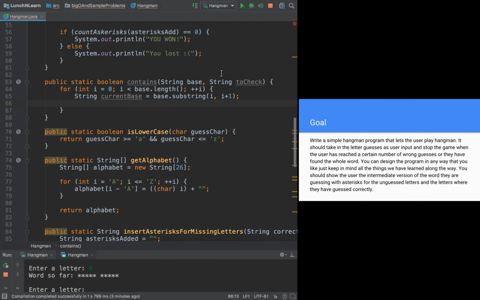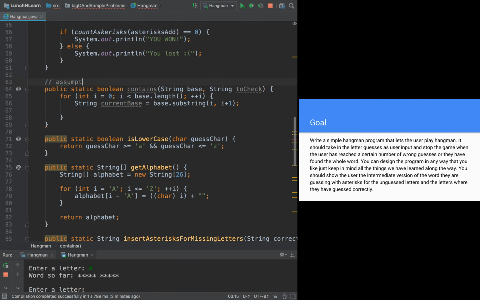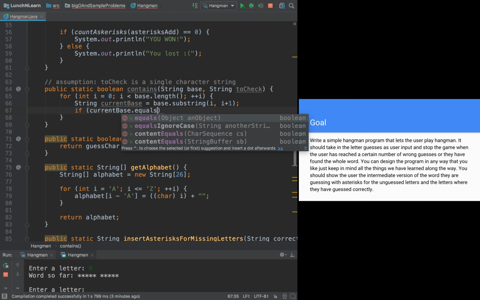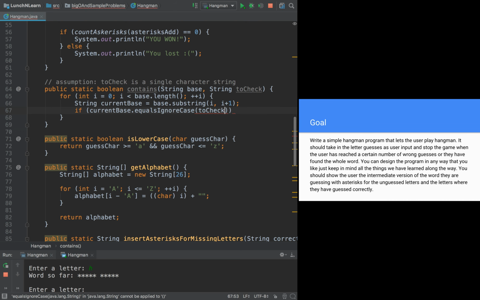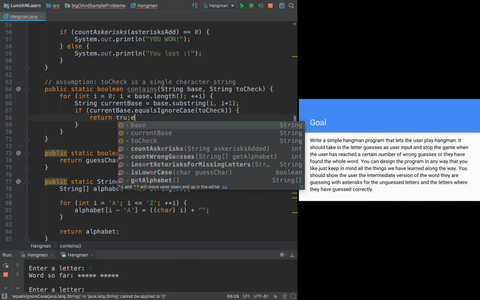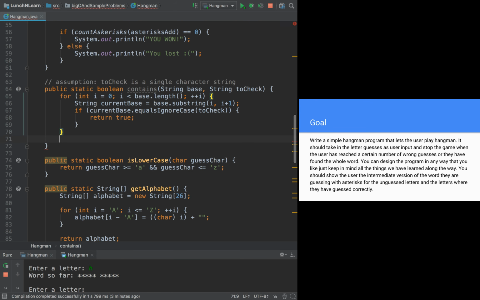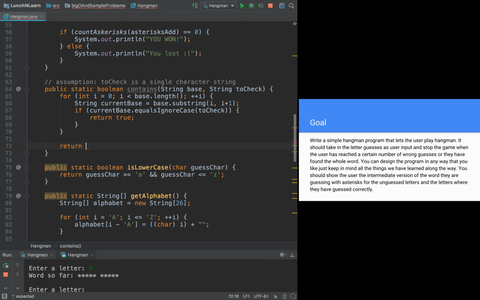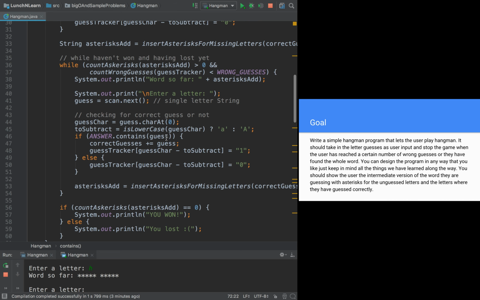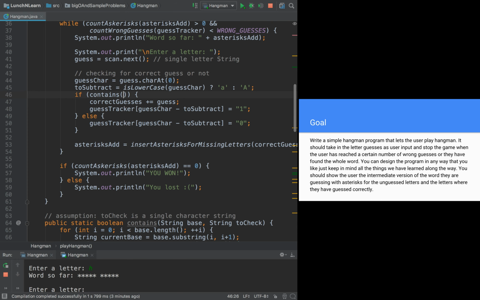And we're going to make the assumption that toCheck is a single character string. We're going to say if currentBase.equalsIgnoreCase toCheck, return true. Else, we're going to return false at the end if we make it all the way through base and toCheck isn't there. So everywhere that we have this,